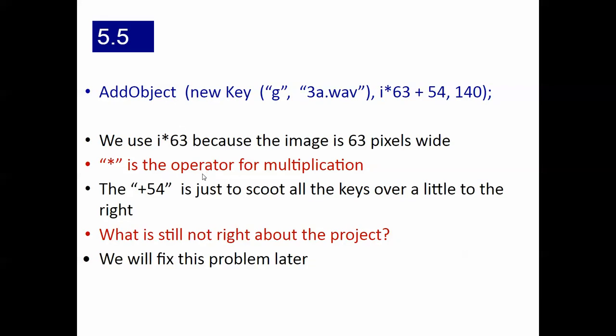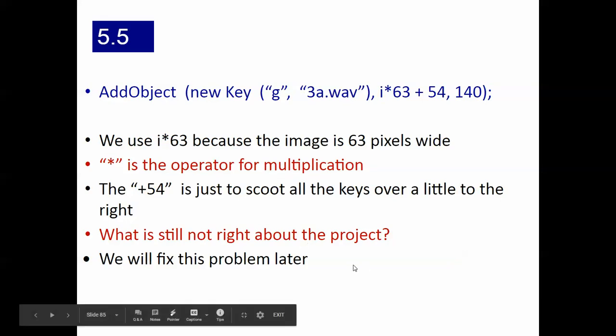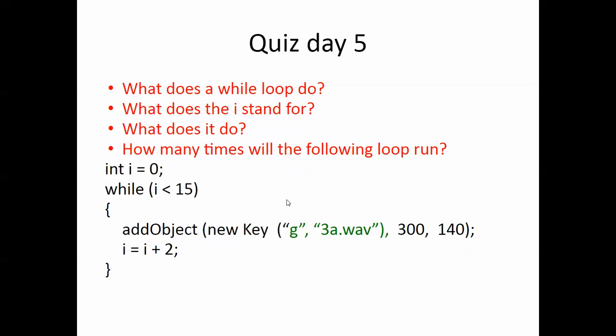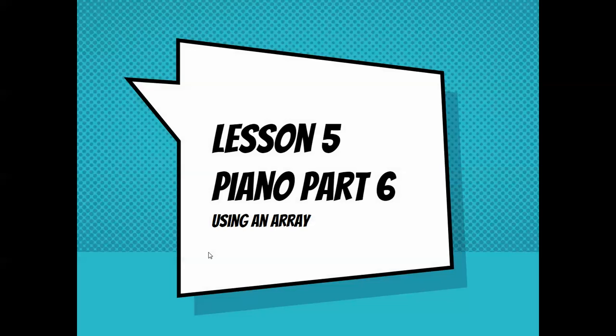Okay, so write these notes down. What's still not right about the project? All the keys still work with the G key. We're going to fix that problem later, so we're going to stick with this for now, and in the next unit, the next chapter, we'll do it. Okay, what does the while loop do? What does the i stand for? How many times will the following loop run? This one's a little bit tricky because of the i equals i plus 2. You're going to have to kind of work through that. So answer those questions, and that's it. So go ahead and go on to part